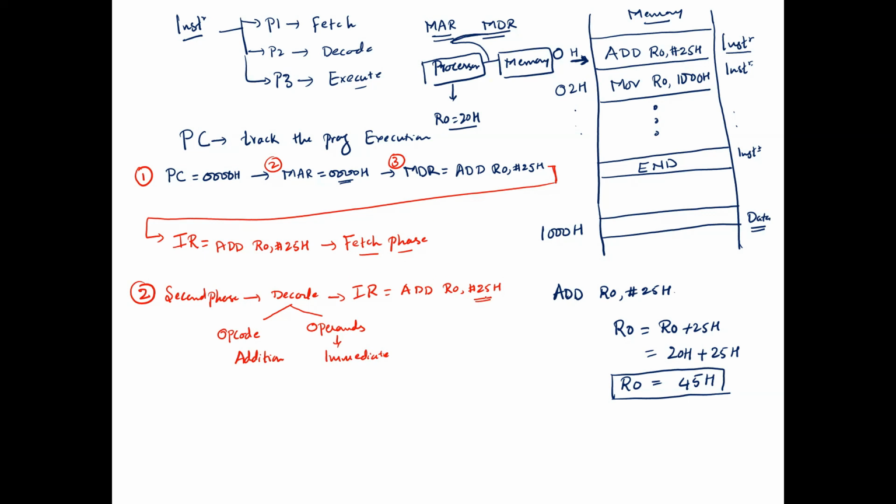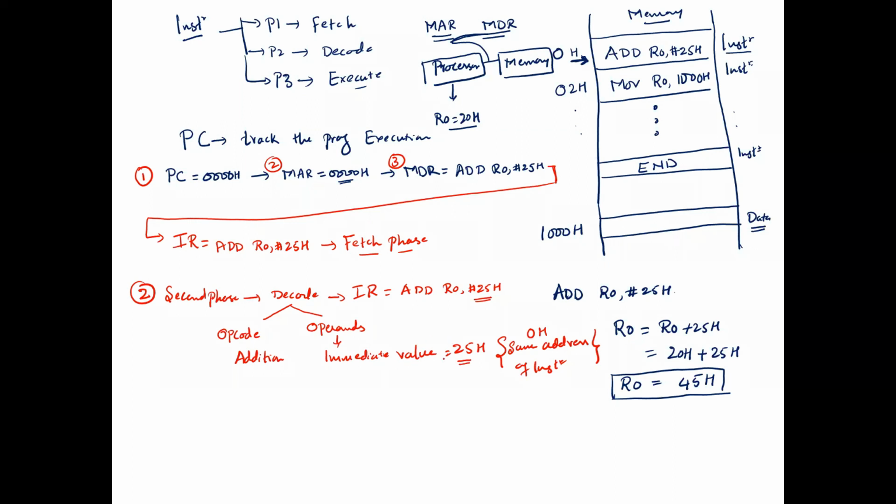So where is this data located? The data is located at the address 0H. So now it will go to 0H and retrieve this immediate value, 25H. Now what is the memory location of 25H? It is the same as that of the instruction itself. What is the address of this instruction? 0H. And what is the address of this immediate value 25H? The same address as that instruction, again 0H only.